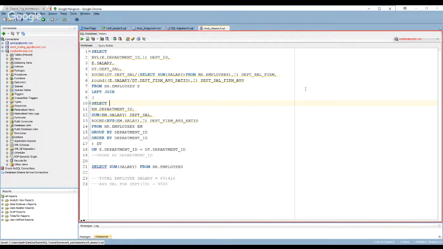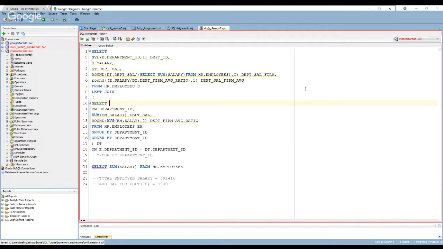So here is my calculation, as an employee salary to the firm's average. And then I did the other stuff like group by, order by, and this is a table that will generate within the query. That's the DT.